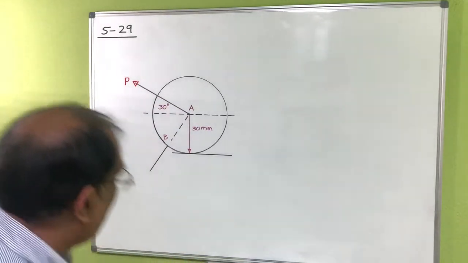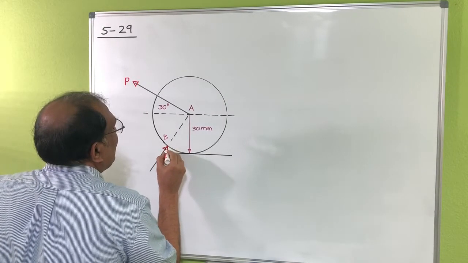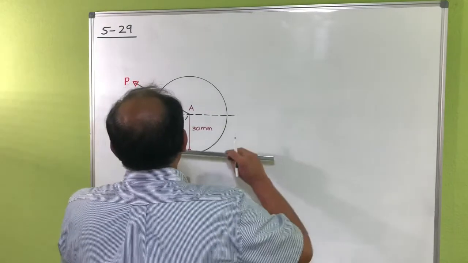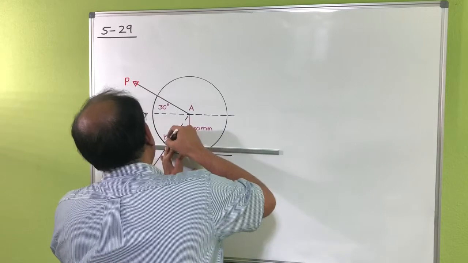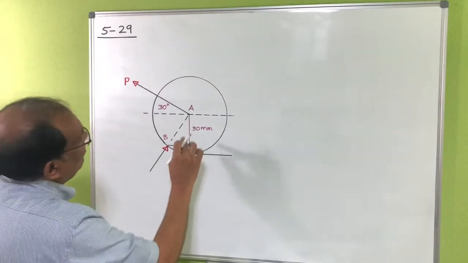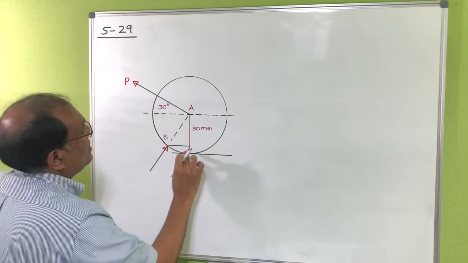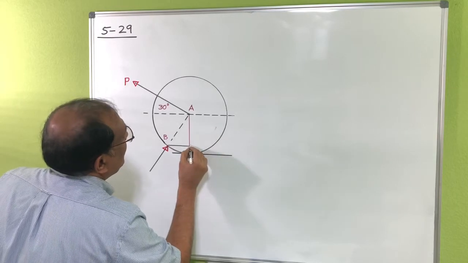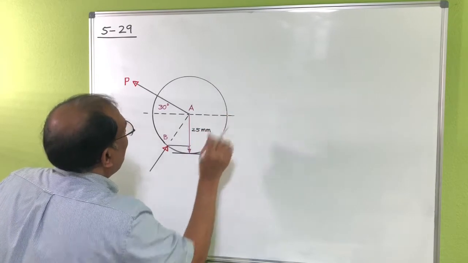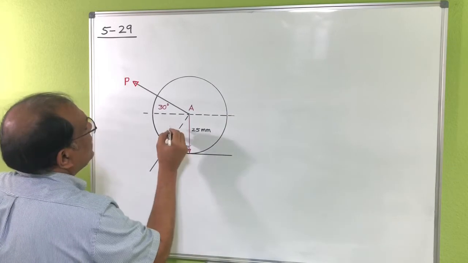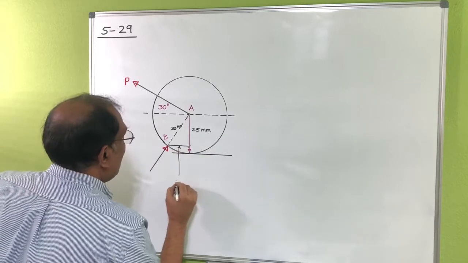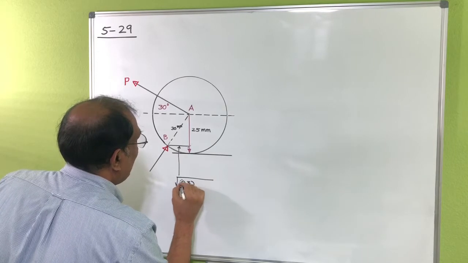So the force is working at this point here, which is point B, and I can also show you the distance of this one. Basically from here to here is 30 millimeter and from here to here is 5 millimeter, so from here to here is actually 25 millimeter. Now if you see this triangle, this is 30 millimeter because this is the radius. So this distance would be root over 0.3 minus